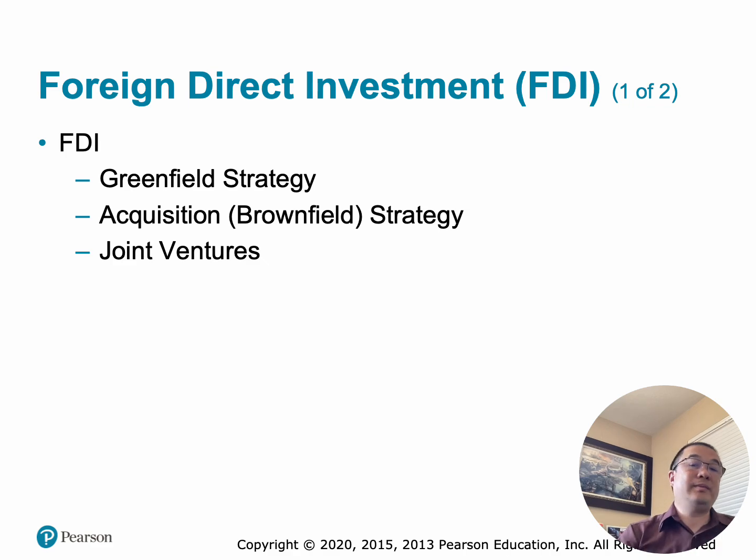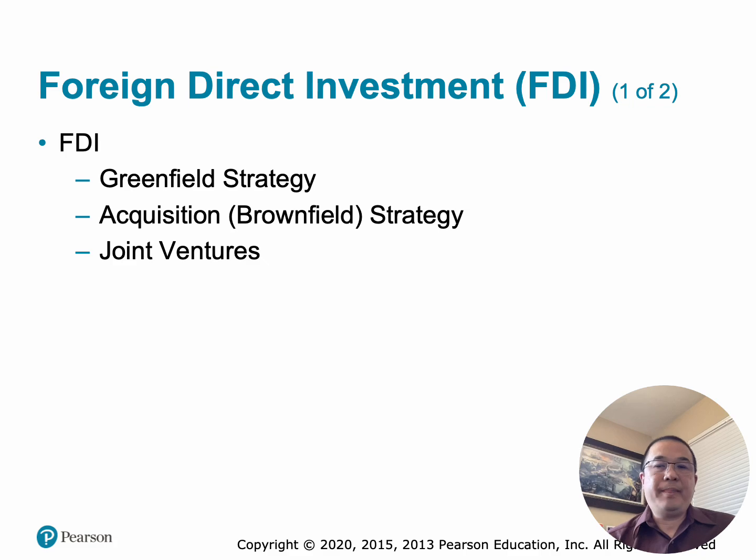The term greenfield means starting with an empty piece of land. As an example, Mazda and Toyota building a new automobile plant in Alabama. The company purchases land, constructs facilities, hires employees, and creates operations from the ground up. Advantages would be full control, modern facilities, and the company culture established from the beginning. However, the disadvantages are it's expensive, time-consuming, and very high risk.